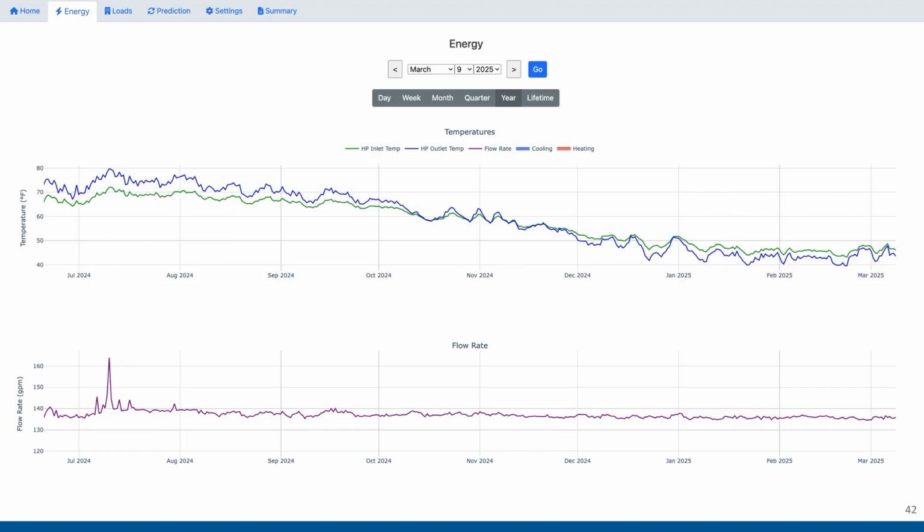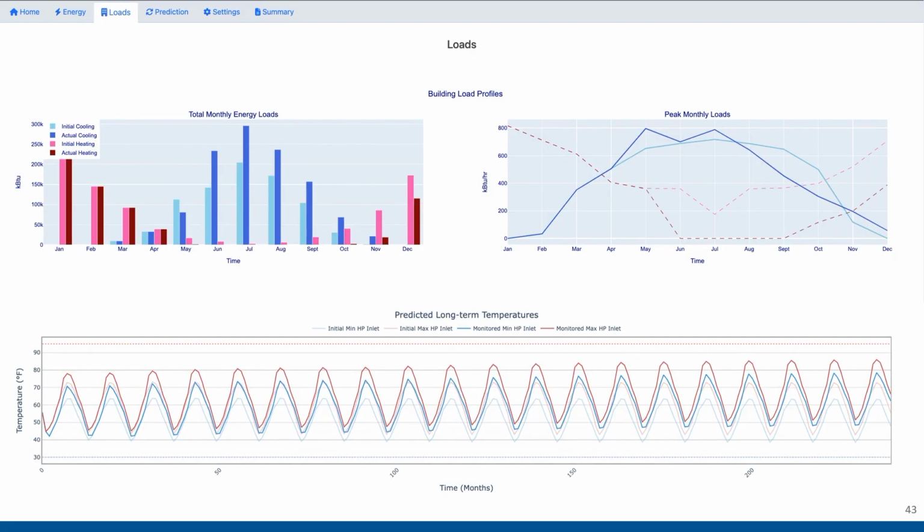And on top of that, we talked about the difference between the static model for the original building energy model, and then oftentimes it's different than the energy loads that the building sees. Well, now that we're monitoring, we can compare that original building energy model with the actual loads that the building is seeing and see how we did on the design side and use that feedback for future projects as well